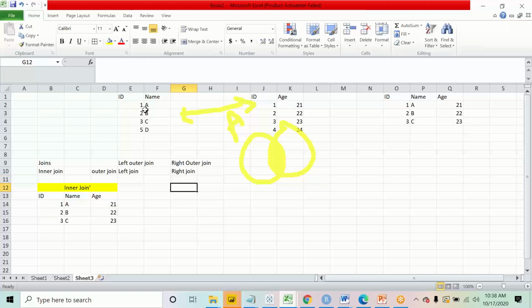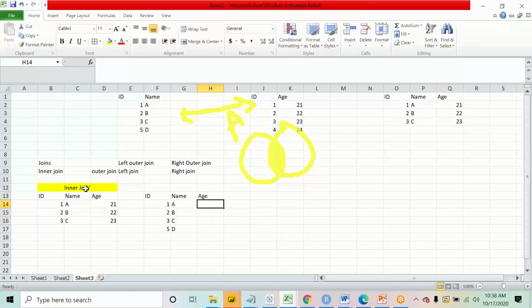So now if you see on your screen, this is data set 1, this is data set 2. This data set is on your left hand side and this data set is on your right hand side. So that means this is a left table and this is a right table. Now left join means you will get all the data from the left table, that is, you will get ID and name, all of these, and age.